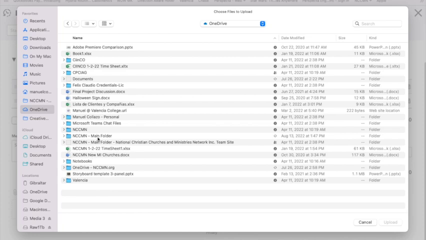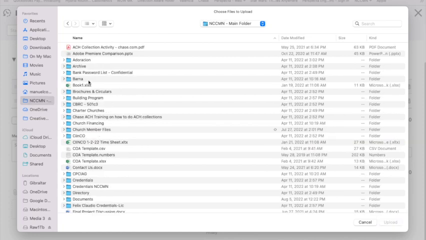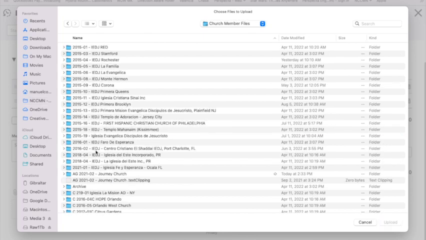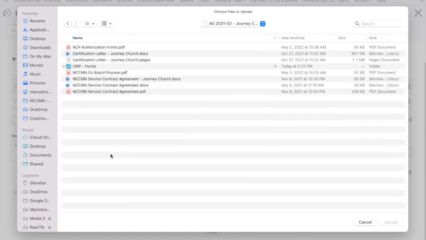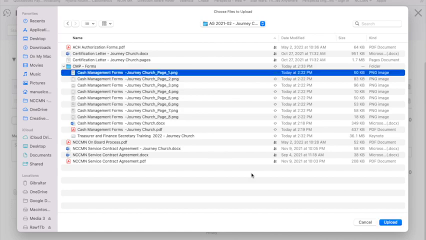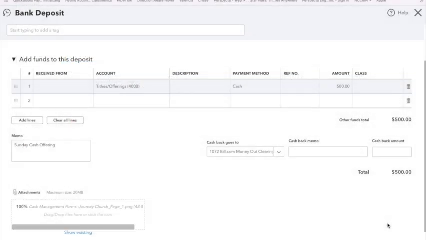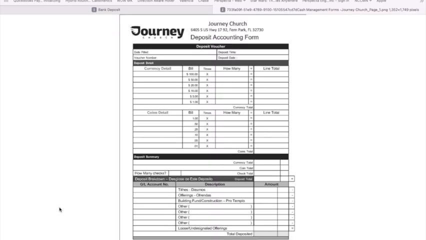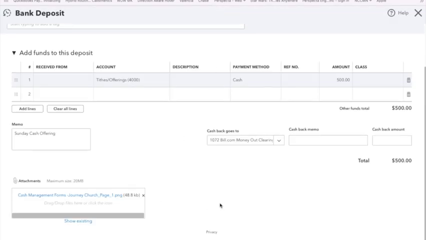And we're going to look for your file, which is under Church Members, Journey Church. And we're going to say we have the deposit form here. We're going to upload it. And now the form is uploaded, and when we look at it, we will be able to see it. And that's the deposit form we're doing on this example.